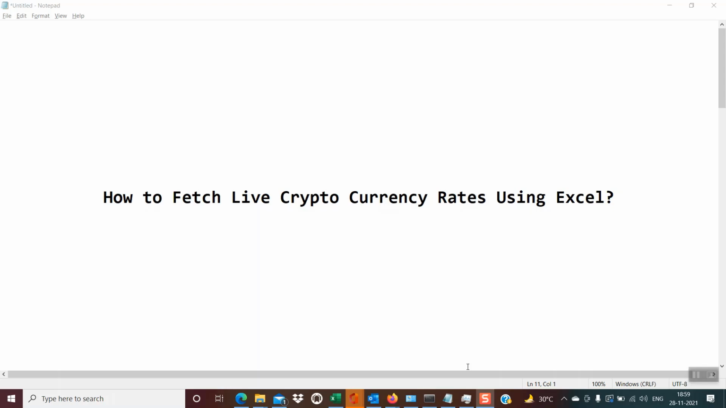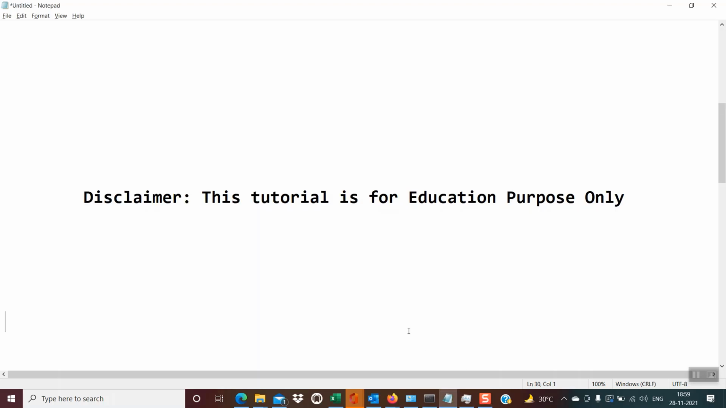Hello friends, welcome back. Today we will be learning something very interesting, that is how to fetch live cryptocurrency rates using Excel. Before starting with the tutorial, I would like to give you a disclaimer that this tutorial is meant